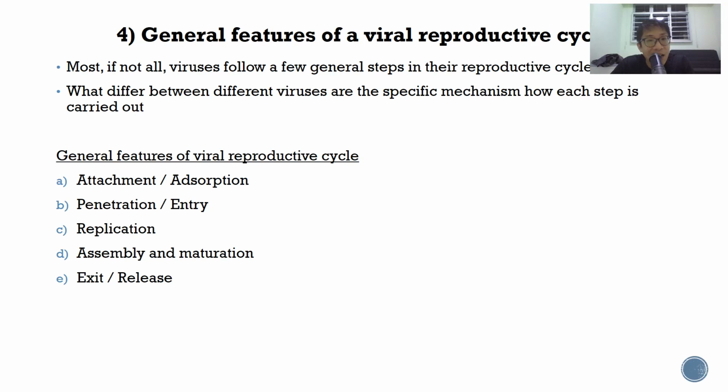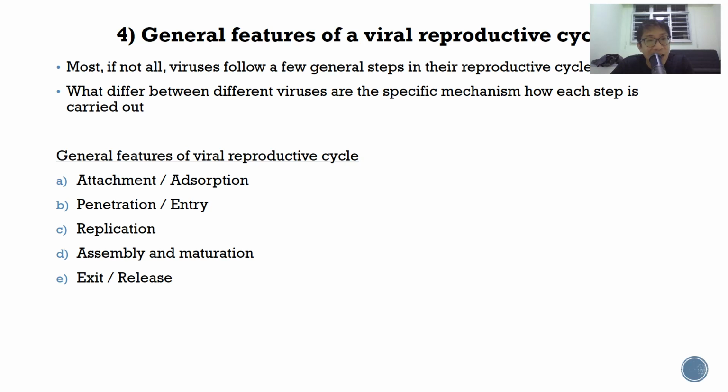So knowing the general steps will help you to better understand and remember the reproductive cycles for the specific viruses. And also when you come across a virus that you have not learned before in the exam, such general features will make it easier for you to understand whatever information is given to you in the exam as well. The general steps, 5 of them, would be attachment, penetration or entry, replication, assembly, and exit